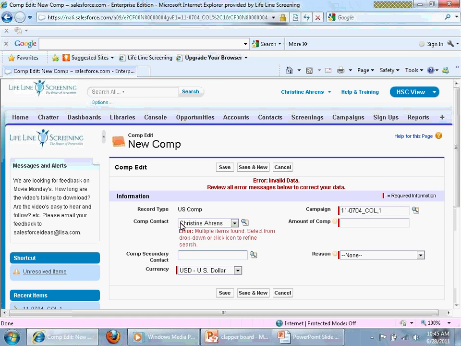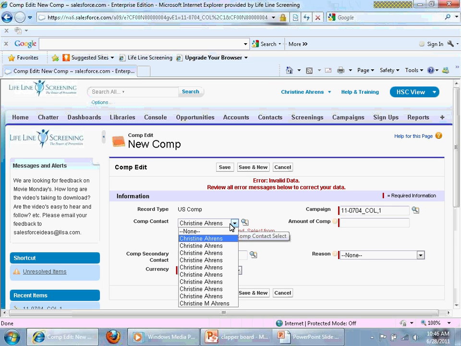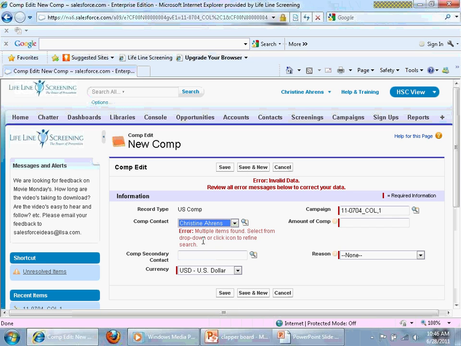The comp contact will automatically carry over from the campaign contact screen. If for some reason you get this message that I got, it's just saying that there's multiple Christine Ahrens and to select one of them. Now your contact can have an email address, or it doesn't have to. So if you have a contact that you do not have an email address for, still go ahead and plug in